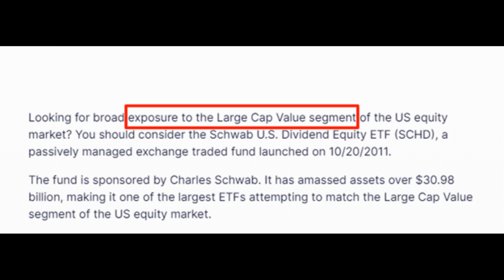Now, it might be disappointing to some people, but you need to remember why you own SCHD. The goal of the fund isn't to beat the Nasdaq 100 when it comes to growth. If that was the case, you would have owned QQQ, wouldn't you? The goal of SCHD is to expose you to the largest value companies in the USA, not the ones with the biggest capital appreciation for which you would buy the Nasdaq or the S&P 500. Its goal isn't even to expose you to the ones with the highest dividend growth for which you would buy something like DGRO.